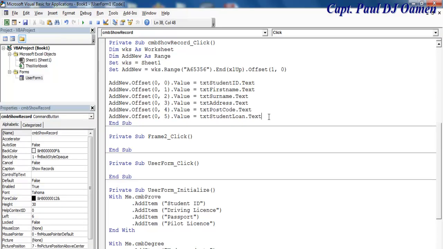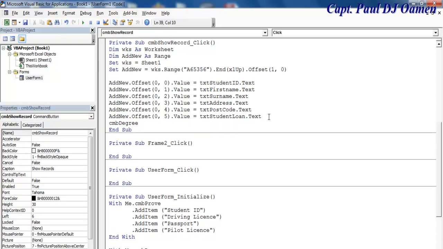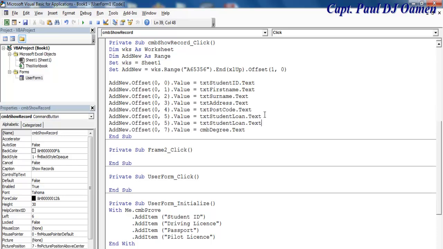So that will be for the degree. Paste that in there, dot text. Let's make this 7, because the next one is going to be student telephone number, telephone, right,